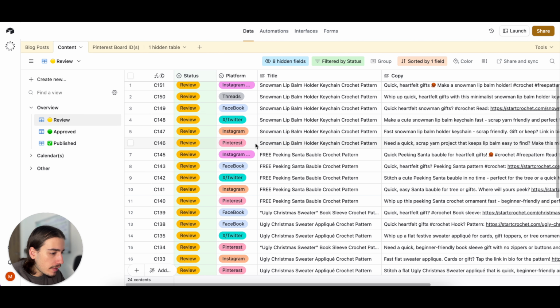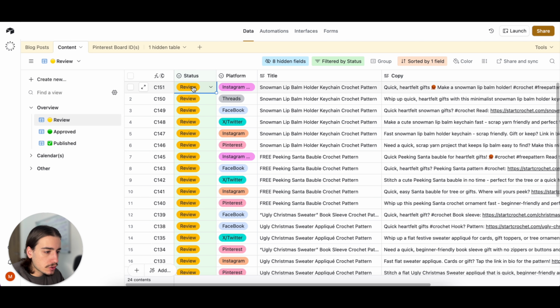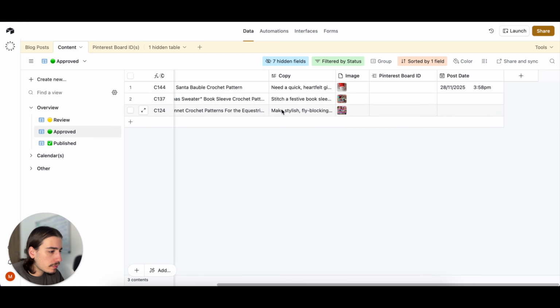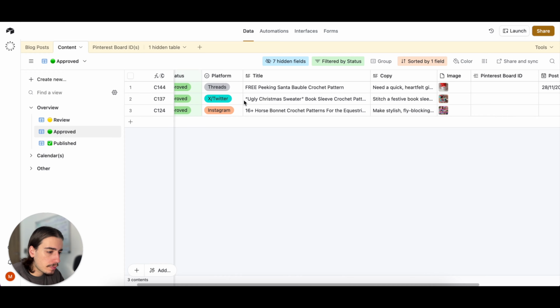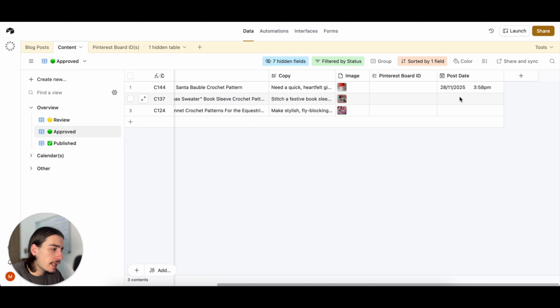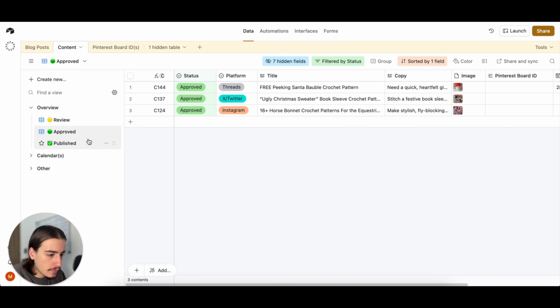And then from there, all we need to do is change the status to approved, and then we can see all of the approved posts, and then we can just select a post date and time that we want the post to be uploaded. So pretty simple stuff. We've built systems like this on this channel before and in my school community, but really